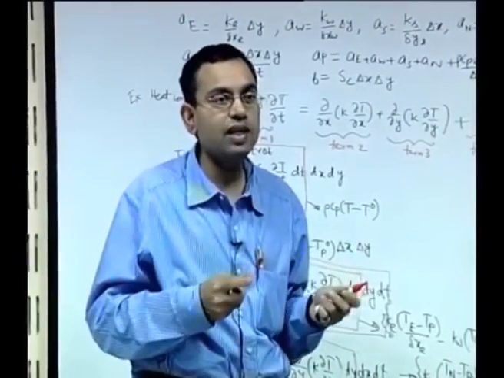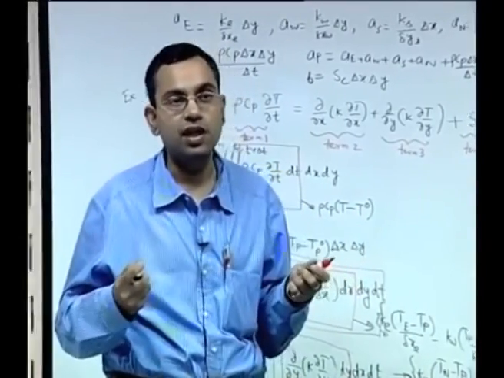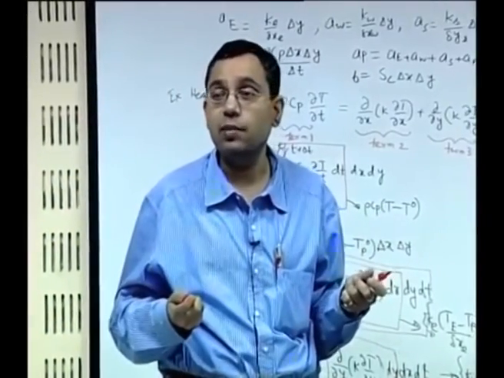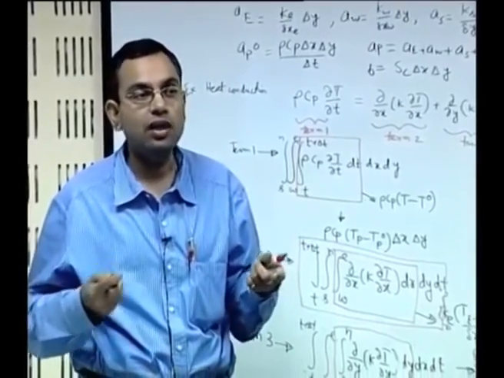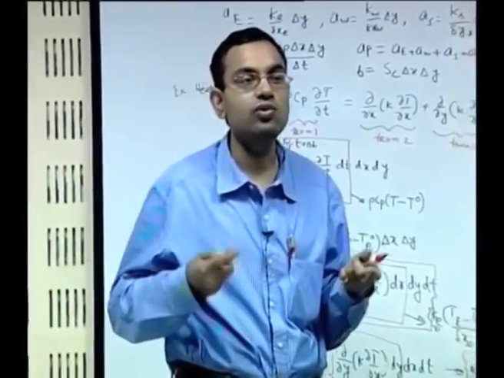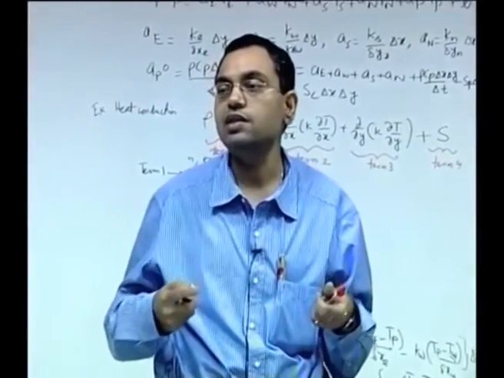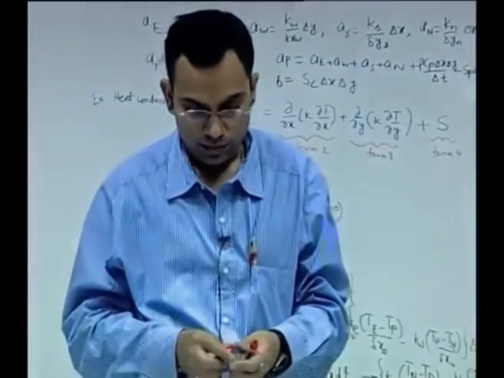So, till now we have seen the basic principle of discretizing diffusion type of problems in 1 dimensional, 2 dimensional, or even 3 dimensional. At the end we get a system of algebraic equations. Our next objective will be to see how to solve this system of linear algebraic equations that we get from this discretization. That we will take up from the next lecture.